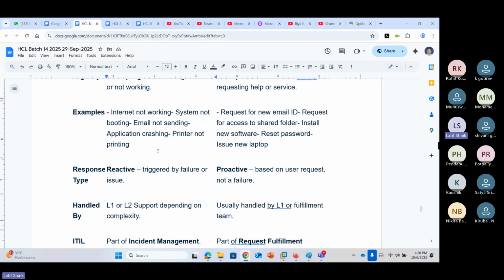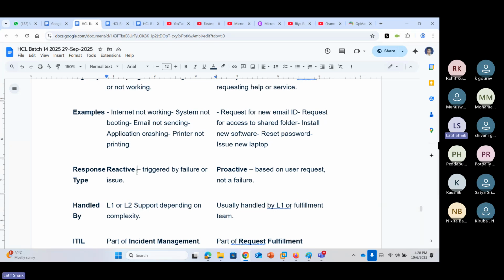Examples of incidents: internet not working, system not booting, email not working, application crashing, printer not printing. These are issues, so they are incident tickets. Service request tickets: request for a new email ID, access to shared folders, install new software, resetting passwords, issue a new laptop.